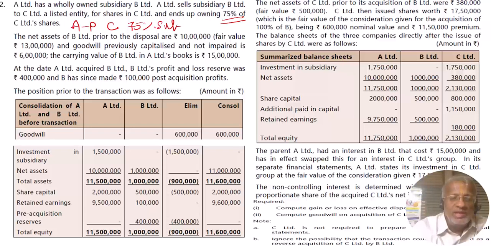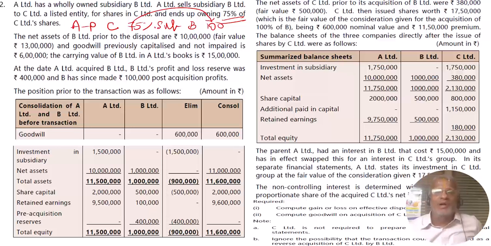Now C Limited is owning 100% in B Limited, and thereby by applying 75% on 100, it comes to 75% in B. So now we understand A is the parent company, and B is a subsidiary company on an indirect basis because it is a subsidiary of the subsidiary. From 100% it got reduced to 75%, and C Limited is a 75% subsidiary. So in the consolidated financial statement that we have to prepare,